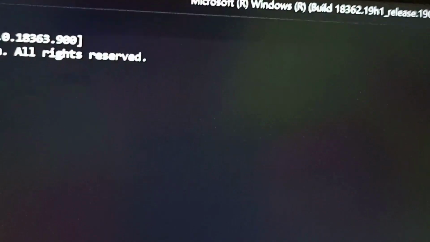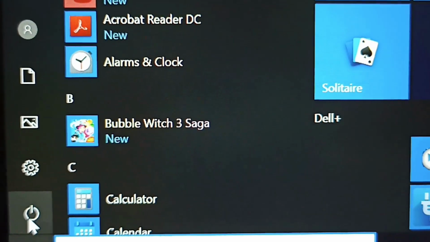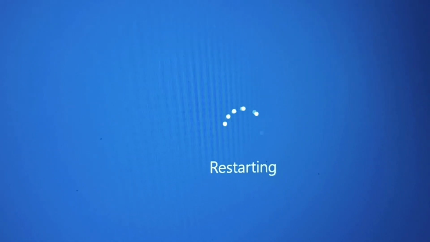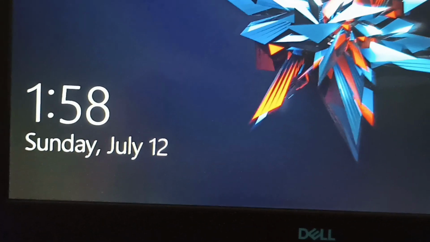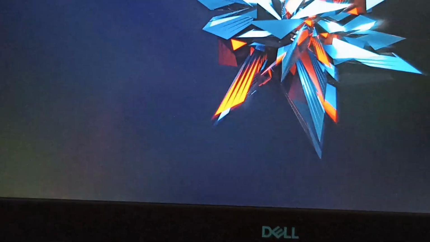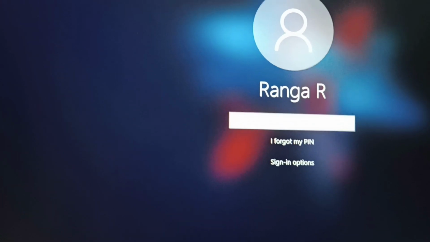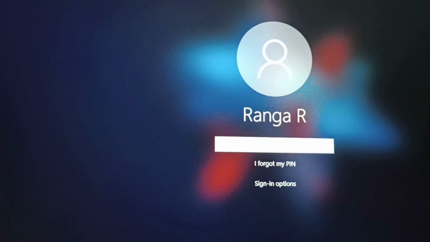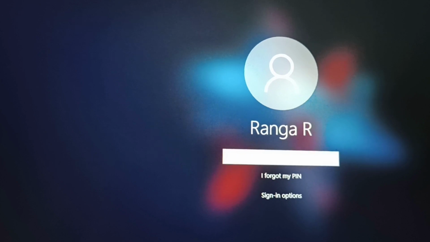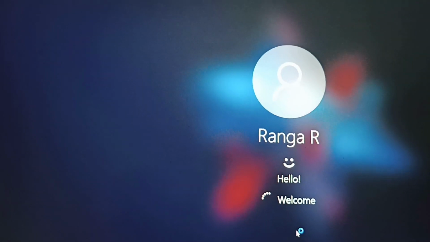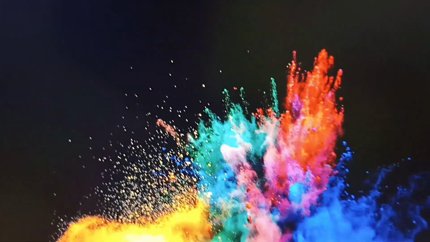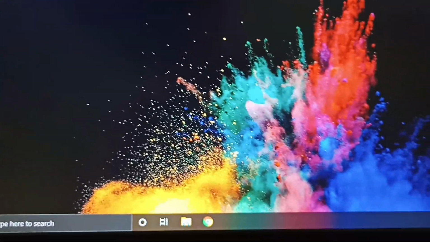Now again close the command prompt, guys, and go here to the Windows and just click on restart and wait for your computer to restart, guys. So guys, now I have restarted my computer and it is started normally as you can see. And yes, again it is asking for password. I actually scanned my fingerprint guys, so it opened. And now you can see my computer has opened in normal mode and not in the safe boot mode.